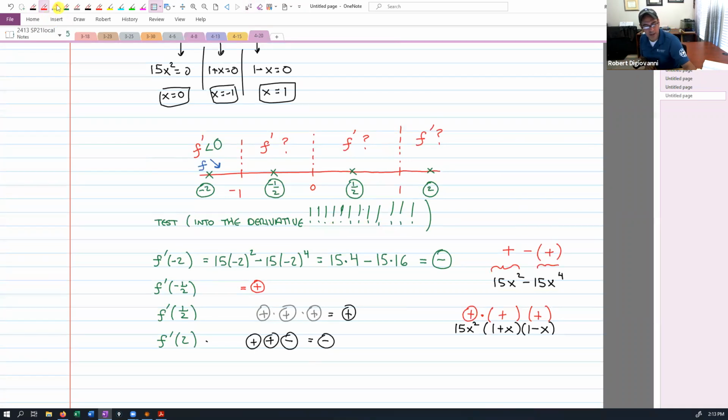Let me go back and fill this table in. Remember, I had these question marks. I didn't know what the derivatives were doing. But now I know that when I go -1/2, I get a positive number there. The derivative's greater than 0. When I go to +1/2, I get a positive also, it's greater than 0. When I go to 2, I get a negative, so it's less than 0. This means the original function, since the derivative is positive, is going up here. Here, the original function is going up. Here, the original function is going down. Questions?